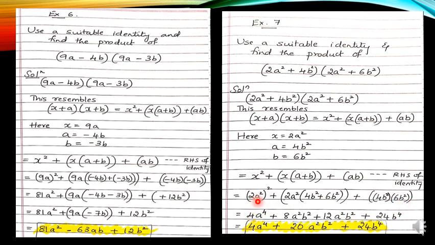Then all of you remember the laws of exponents, isn't it? That is, if a power is raised to another power, then you are going to multiply the powers. So, 2a square, the whole square, means you should multiply the powers, that is 2 into 2, which is going to be 4. When a power is raised with a power, you should multiply the powers. So, a square square means a power 4, plus 2a square into 4b square is 8a square b square. Then again 2a square into 6b square is 12a square b square, plus 4 into 6 is 24.